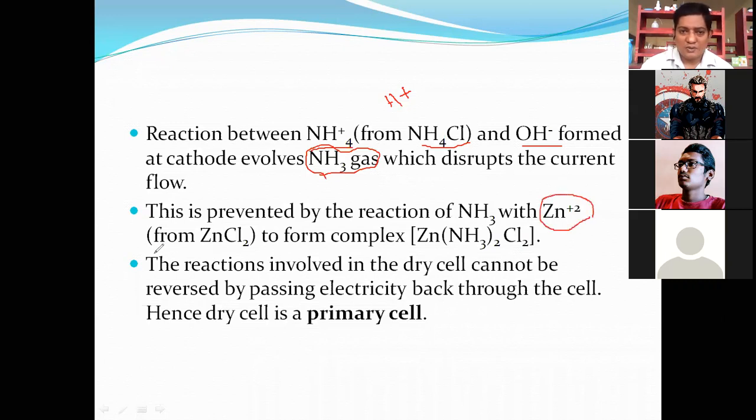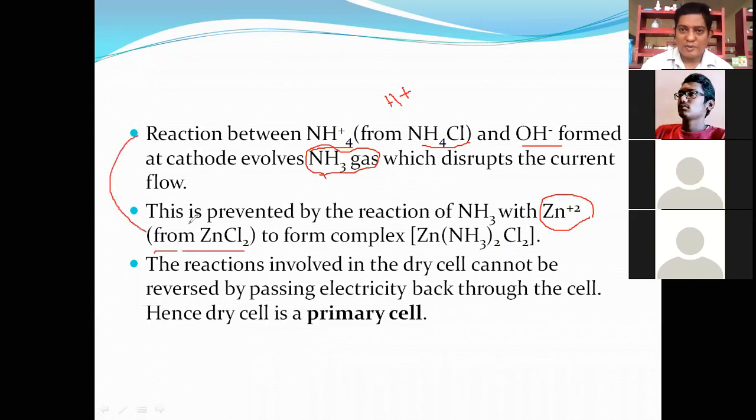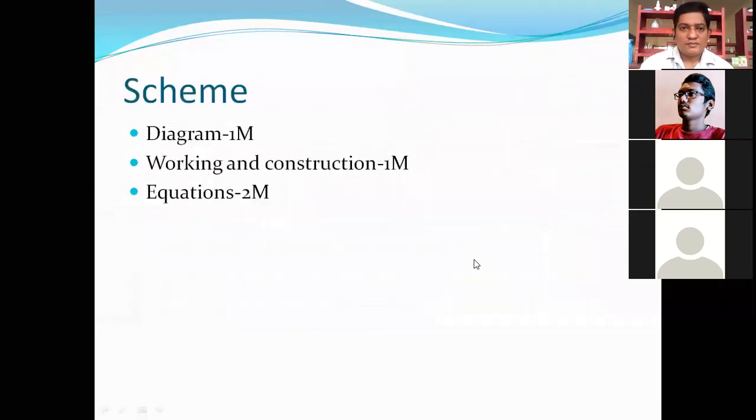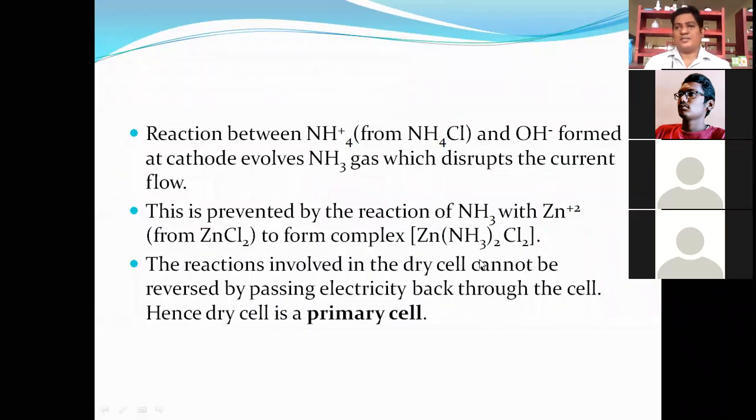Lifetime అనేది corrode అవ్వకుండా prevent చేయడానికి ఏం add చేస్తున్నారండి? Zinc chloride add చేస్తున్నారు. So the electrolytic medium in Leclanche cell is a combination of NH4Cl as well as zinc chloride. Okay, now we will see the applications of the primary cells when you're discussing about Leclanche or the dry cell.